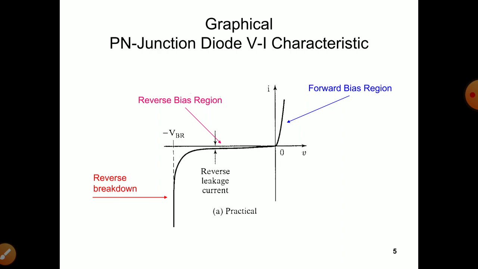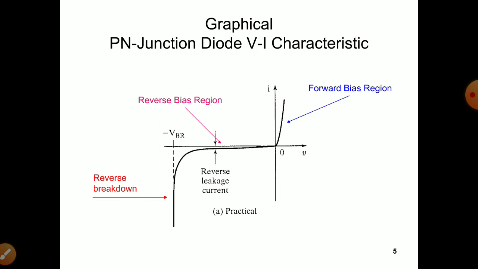In this particular module we will be discussing the VI characteristics, that is voltage and current characteristics, of the PN junction diode. This is a graphical representation. VI characteristics is nothing but a graphical representation of the variation of the voltage with respect to current, when it is forward biased and when it is reverse biased. I will repeat: the VI characteristics of a diode is a graphical representation of the variation of the current with respect to the variation of the voltage.